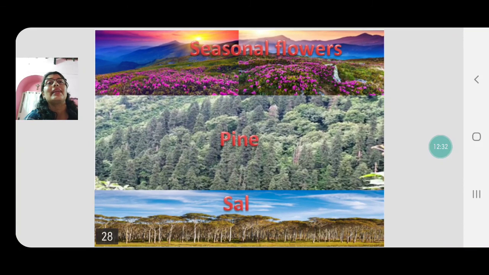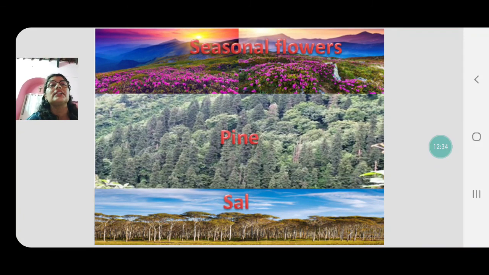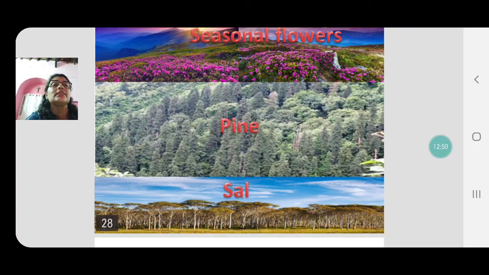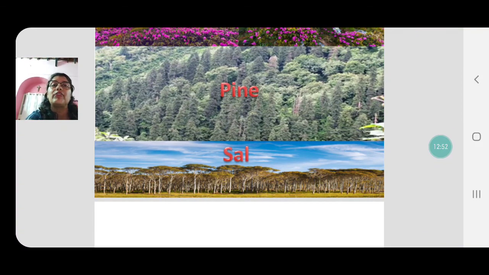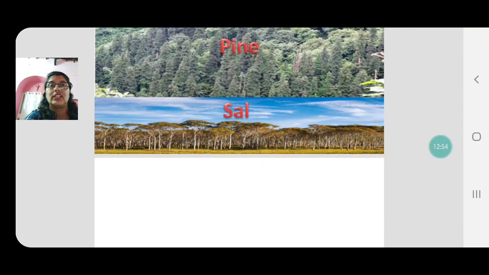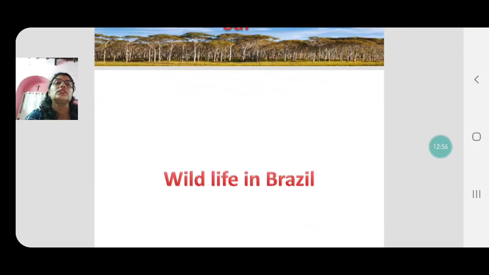And then ultimately the Himalayan type of forest, right on the top, according to season, they are seasonal flowers. They finish the season within a month or two, because then it gets covered with snow again. So variety of colorful flowers on the top. In the middle area we have pine trees, the coniferous trees, and right down at the foothills you find the sal trees. Sal is also used for timber.